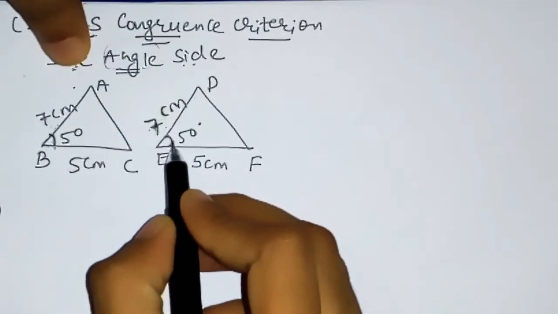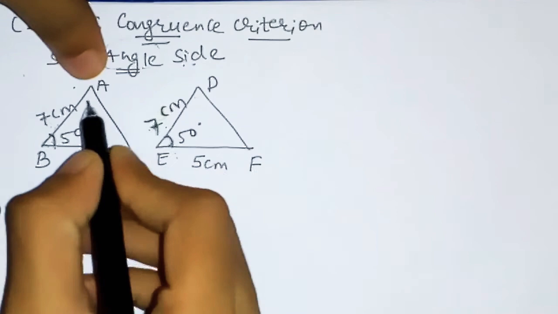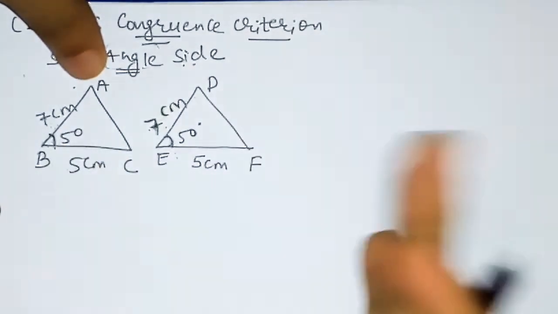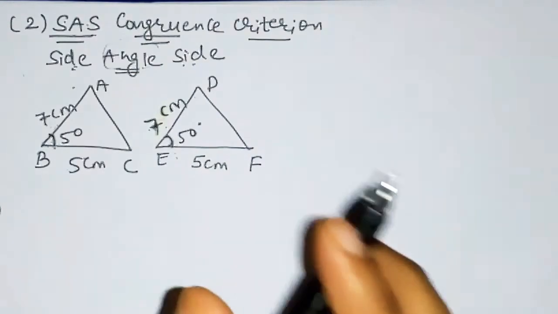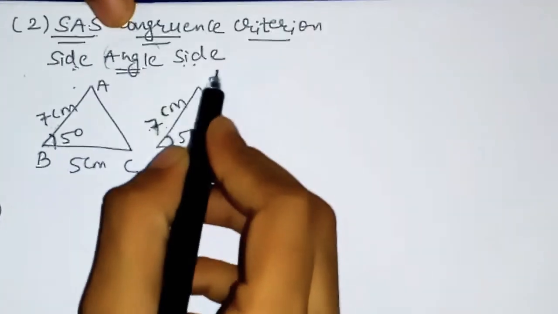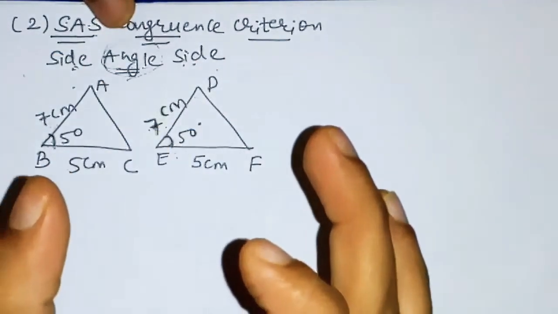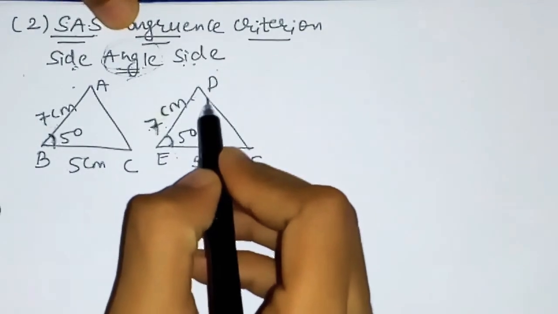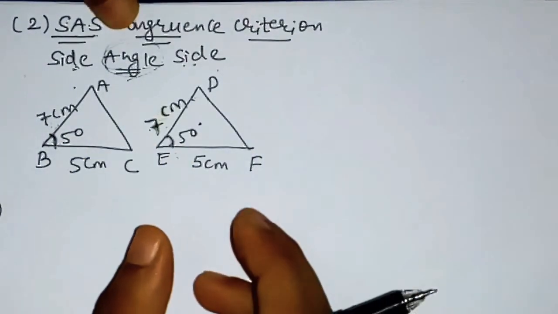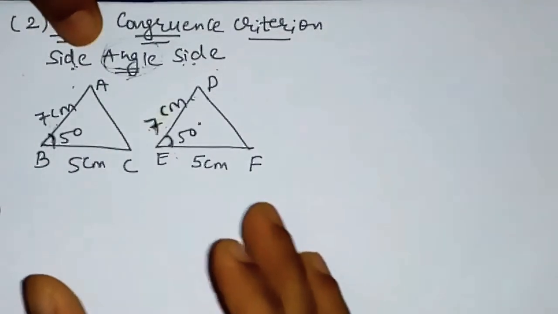Similarly here also SAS. But if suppose the angle is given here, then it becomes ASS or something else, so the criteria will not follow. That is why the sequence is very important. Side, angle, side. The equal angle given to you should compulsorily be between the two sides, no other angle will work. If 50 degree is given here and 50 degree is given here, then it is wrong, we cannot consider. Now let us write the corresponding parts of these two triangles.